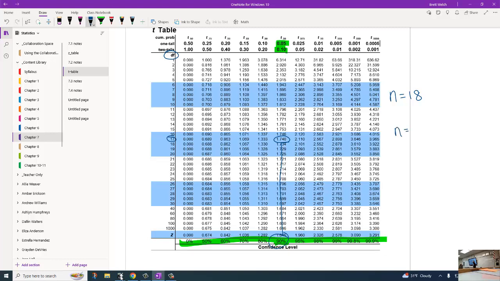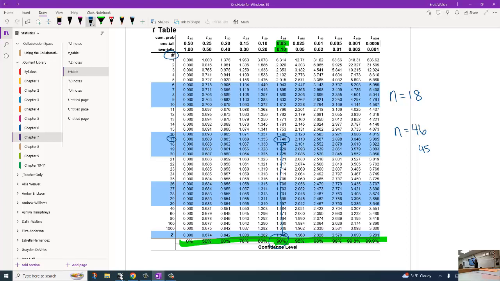But what was n equal to? 46. Now this is one of the downfalls to having a table. We don't want the table to be literally a mile long, so we have to have gaps as we get bigger. And so as we get more and more data, it gets more like the normal curve, and so there's some flexibility in it. But the truth is we can't do everything up through 1,000 or 2,000 or 3,000. So the table is condensed. Whenever this happens, we do our n minus 1, which would be 45, and we look for the next